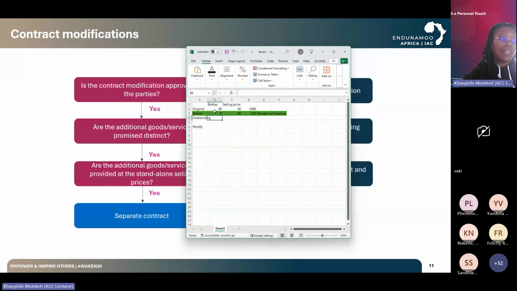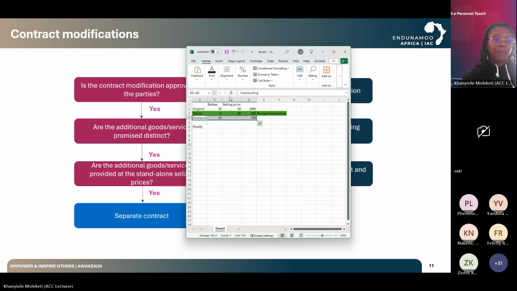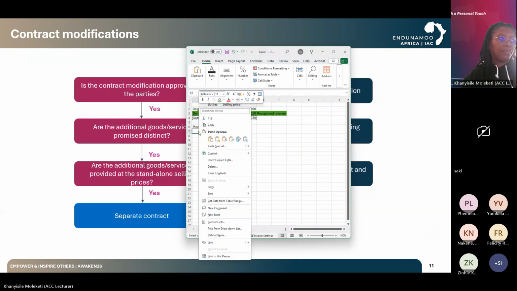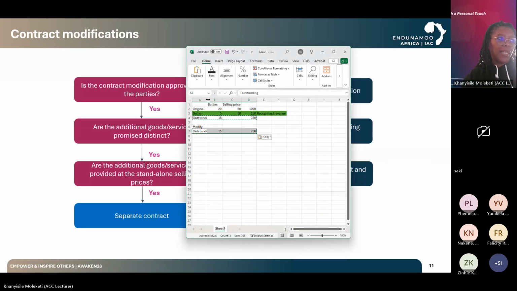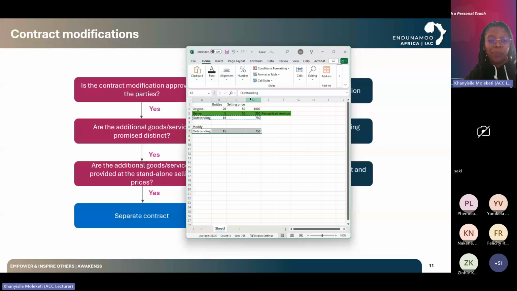but we're creating a new contract. There's still 15 bottles we haven't delivered, right? And there's still a portion of this transaction price that we have not recognized, okay? So this comes into this modified contract. So paste values here, okay? So our modified contract, we take what was outstanding here, so at 15, and its transaction price of 50,